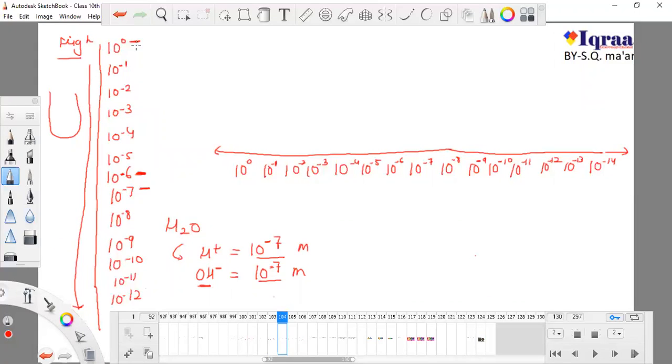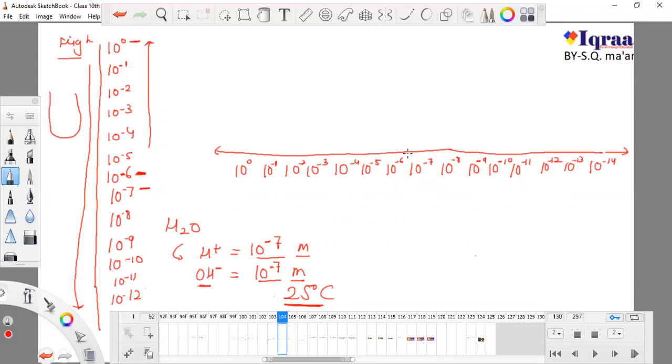and as we go down the value is going down. So 10 to the power 0 is much higher, 10 to the power minus 1 is much higher than 2. So as soon as we go down the value will decrease, and as soon as we go up the value will increase, definitely, because it is in terms of minus, not in terms of plus. Okay, now what we studied is that the number of H plus ions is 10 to the power minus 7 in 1 liter of water, and number of OH minus ions is 10 to the power minus 7 mole in 1 liter of water. Okay, at 25°C. Okay, it can change if we change the temperature.